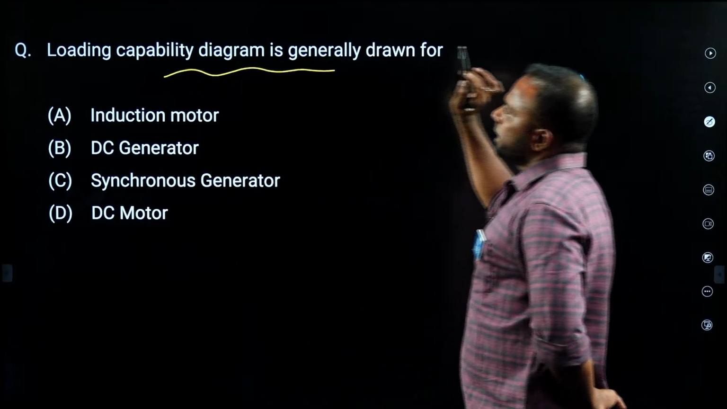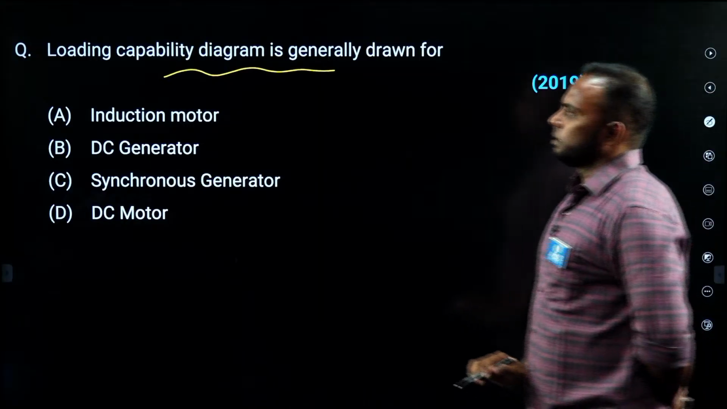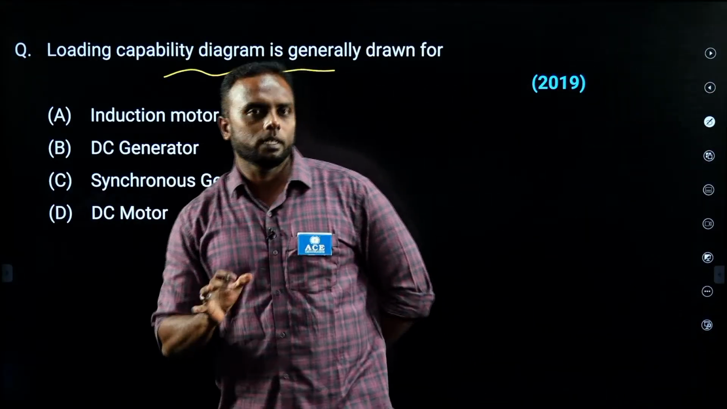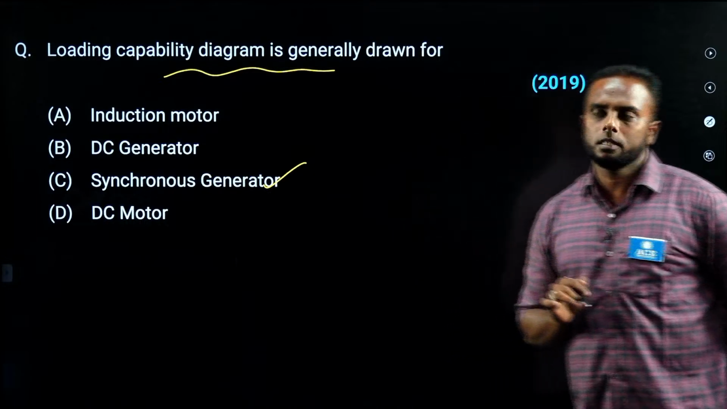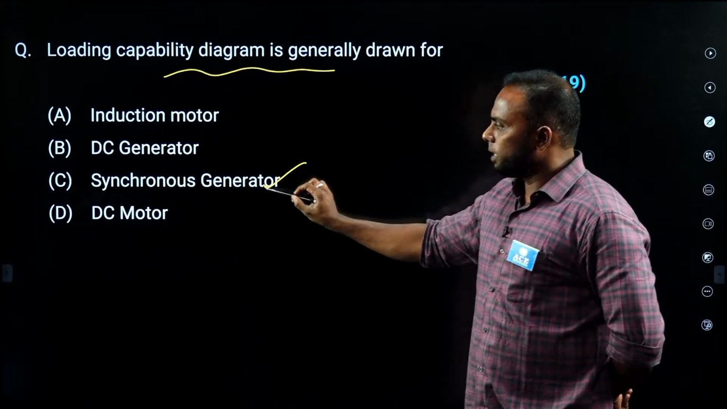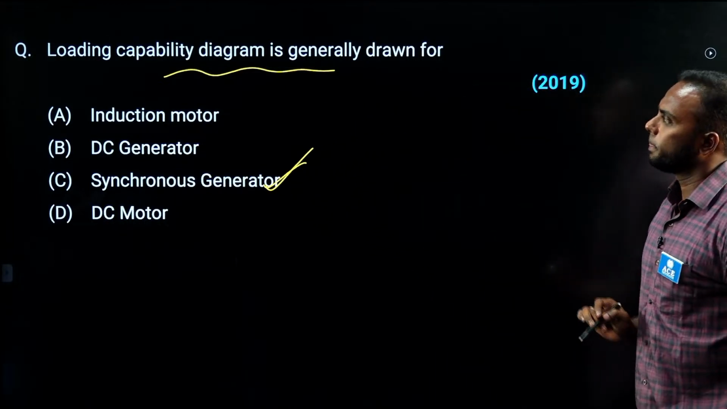loading capability diagram is generally drawn for dash loading. Generally this loading capability diagram we use for synchronous machines. To decide the capacity of a synchronous generator we use this loading capability diagram. Next one,